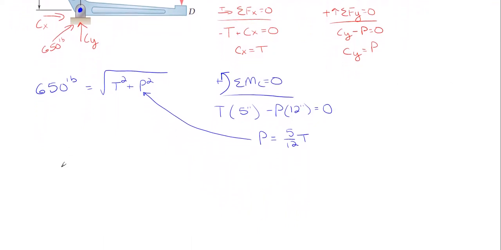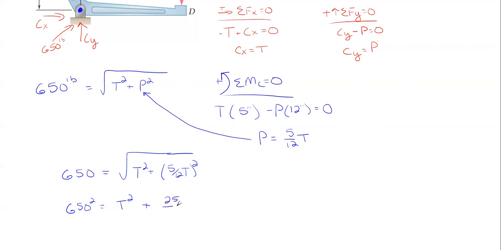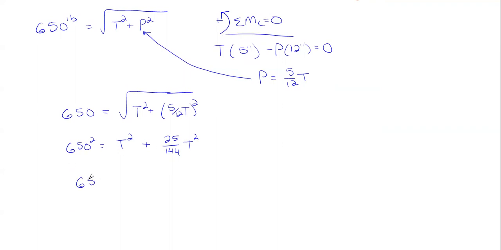All right, so at this point, it just becomes some algebra to work through here. So we would have T squared plus 5/12 of T squared. So let's get rid of the square root and square each side. So this would just be 650 squared is equal to T squared. And then if we square through here, we would have 5/12, which becomes 25 over 144 T squared. Combine the T squareds together, and we end up with 650 squared is equal to 25 over 144 plus 1 gives us